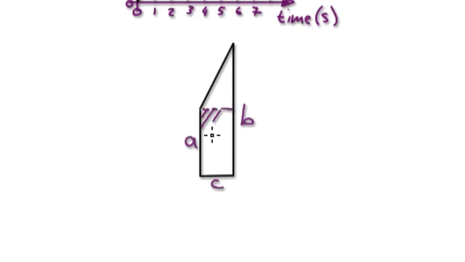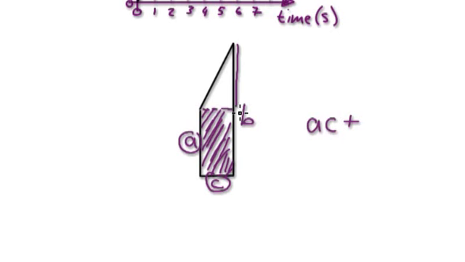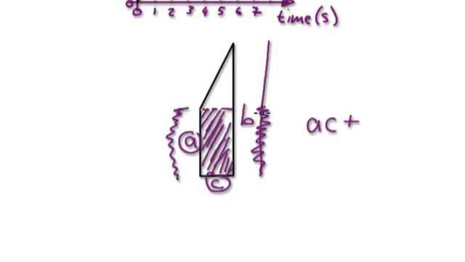First let's work out the area of this rectangle here. The area of this rectangle is given by AC, because you would get A and then you times C. Now we need to add it to the triangle. The whole length here is B. Now, if you cut off A here, because this length here is A, then that will give you